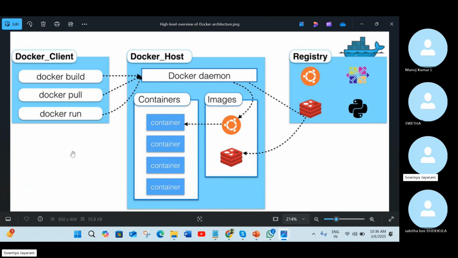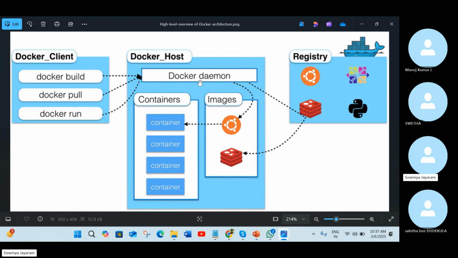You guys know the Docker workflow is nothing but you write a Dockerfile, using the Dockerfile you build an image, and then you run your container. Here it is separated into three components. The first thing is the Docker client, which is nothing but you.